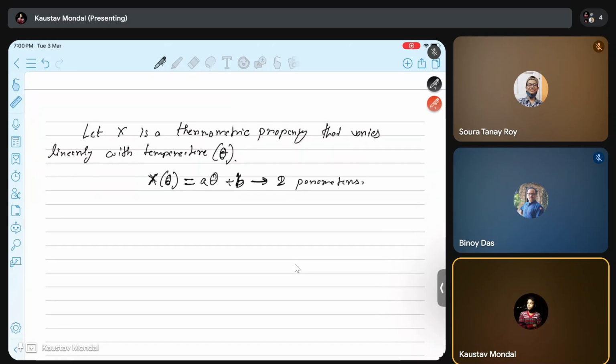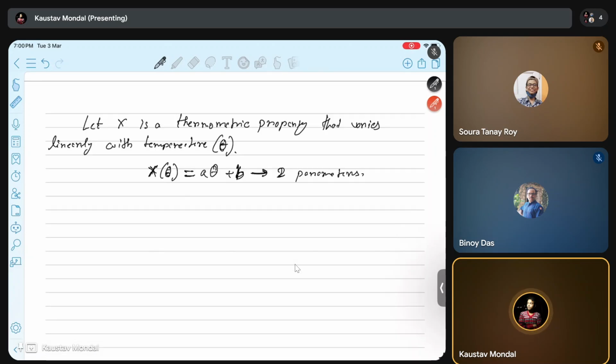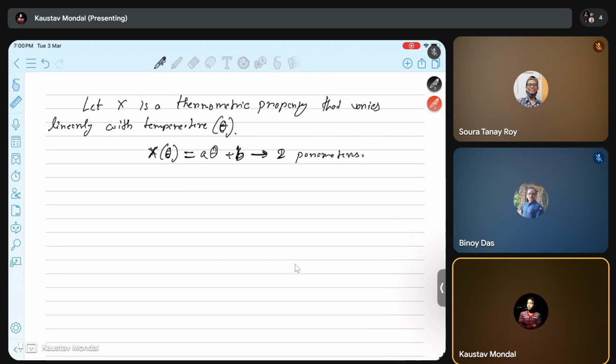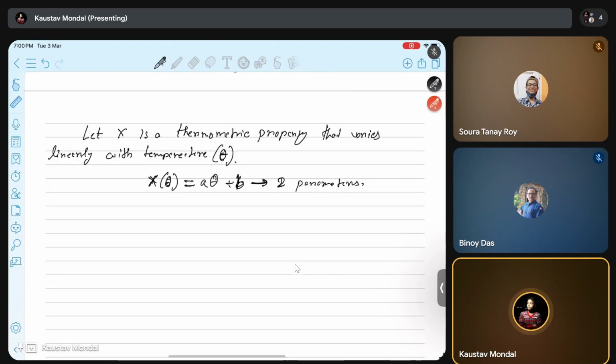To get those two fixed points, we determine two of the easiest things to calculate. One is the value of the thermometric property at the ice point,